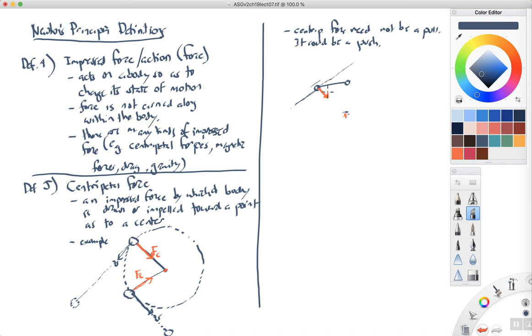Let's suppose now as it's sliding along here, somebody else standing there with a hockey stick strikes the puck and applies a force once again in that direction. Well, what's going to happen is this puck is going to deflect once again. So it would have kept going off in this direction, but as a result of this centripetal force that's acting toward this point, now it goes in this direction right here.